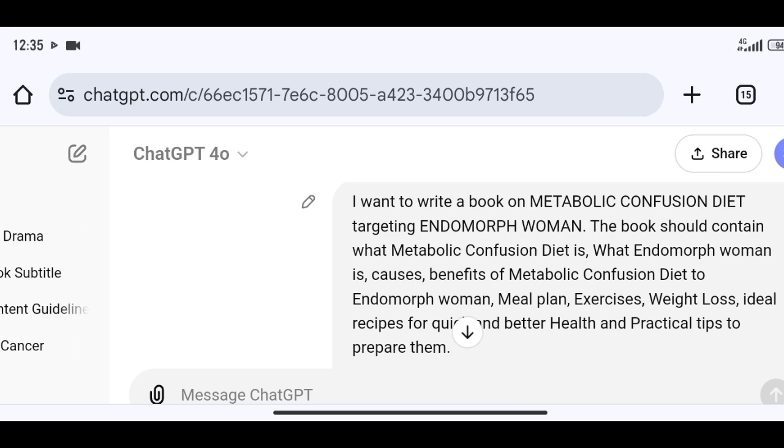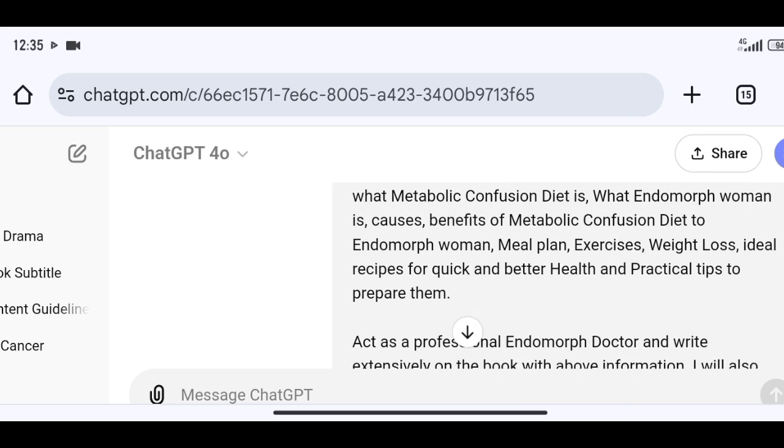The book should contain what the metabolic confusion diet is, what an endomorphic woman is, causes, benefits of the metabolic confusion diet to an endomorphic woman, meal plan, exercises, weight loss, ideal recipes for quick and better health, and practical tips